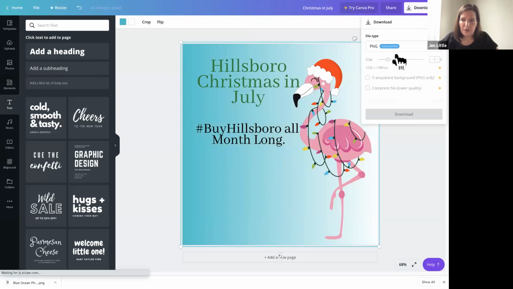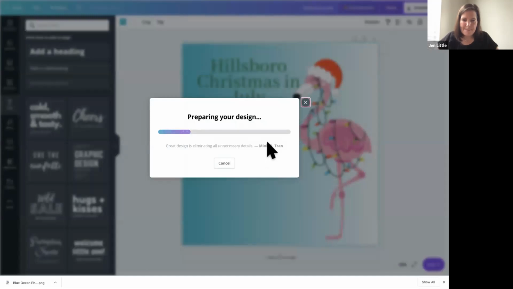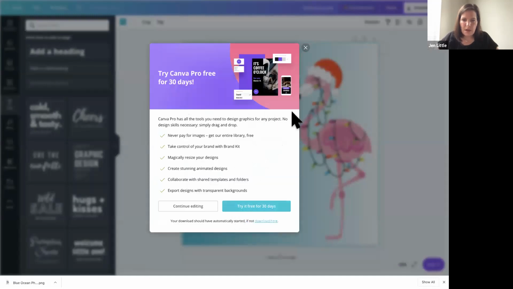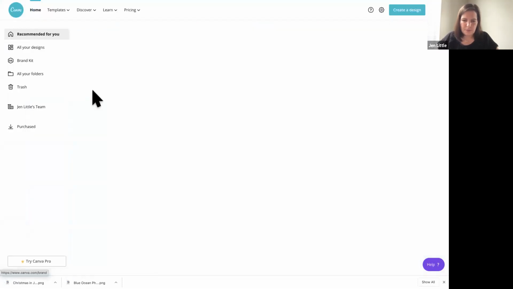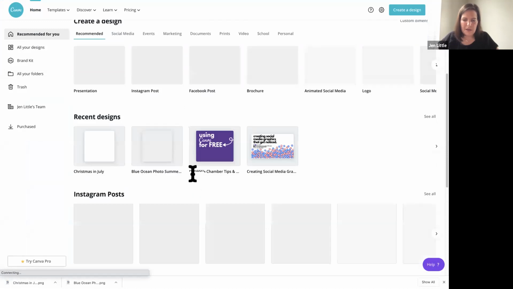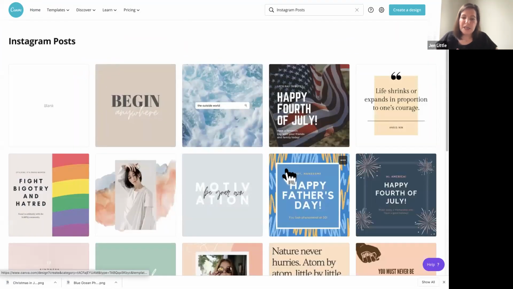I go to download. I'll download it as a PNG. And then I'll continue editing. And there are endless options here. You can add the website down here. You know, the sky is the limit on what the options are in working within Canva and the designs for your social media. And I'll even just show you, even if I just want to brainstorm and figure out